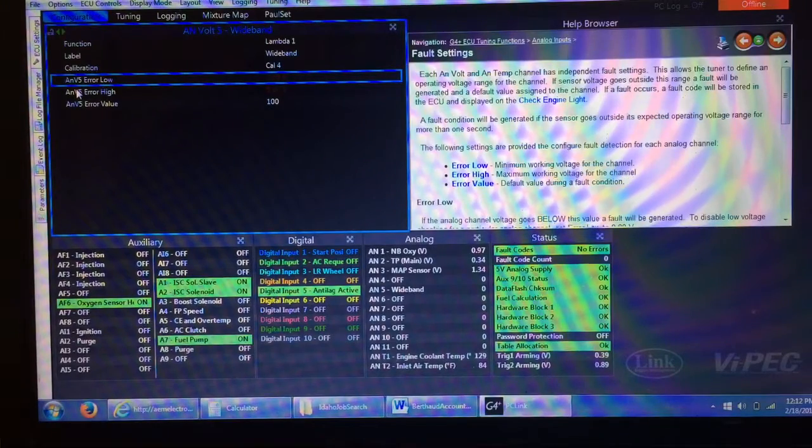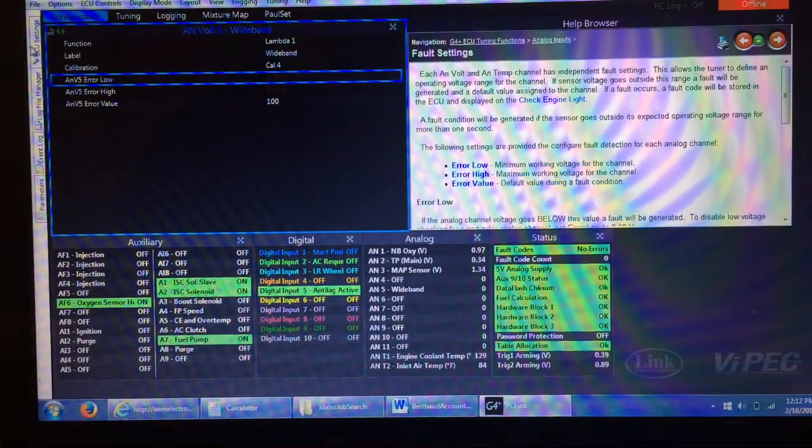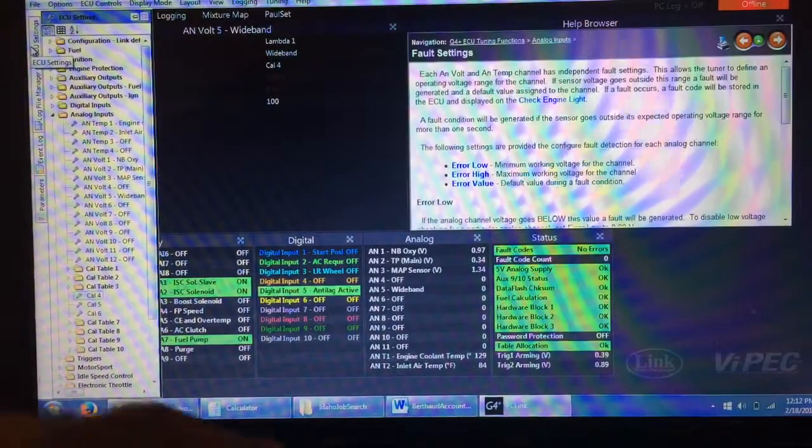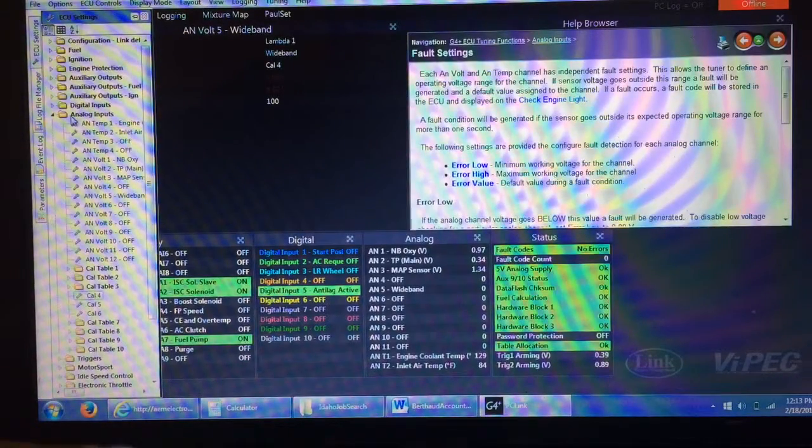This is a quick video on how to set up your wideband O2 sensor to display on your ECU for logging, and so you could see it as well on your computer. So this guy had an issue. So in order to fix that, you go to analog inputs and you want to select the analog input, which